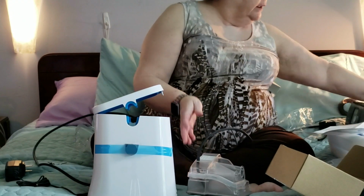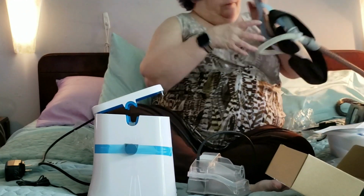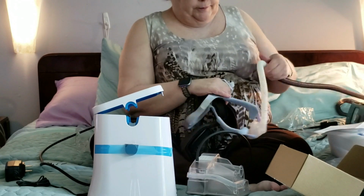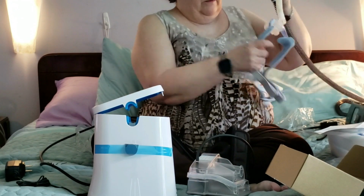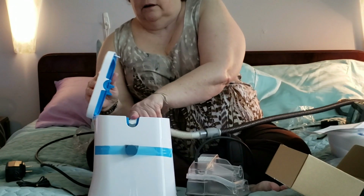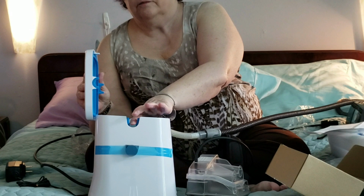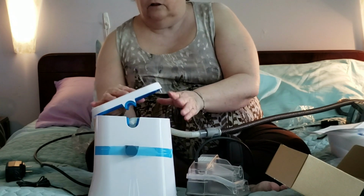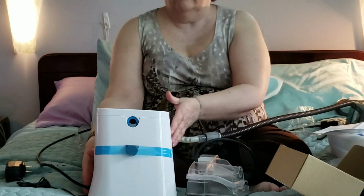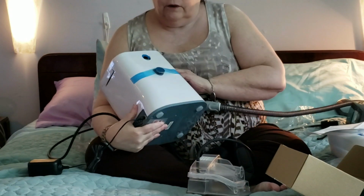What will happen is, let me get my mask. When everything is all attached, what I'm going to be doing is putting the mask in. As you can see, they've got a couple of things on the side so that it can close, and then I would run it for however many minutes. So that is the new, oh, there's another thing I'm supposed to,